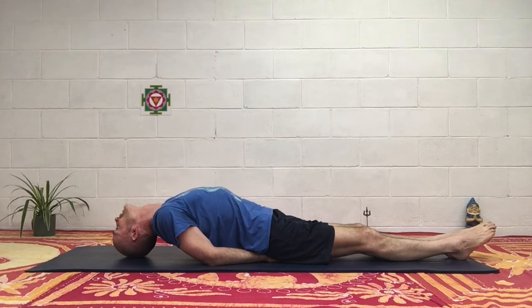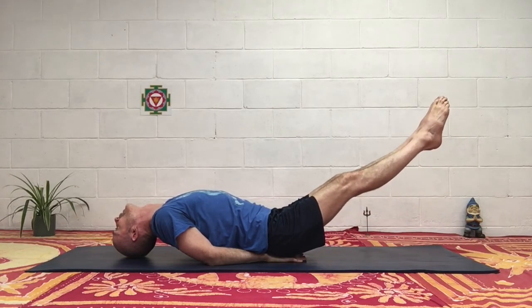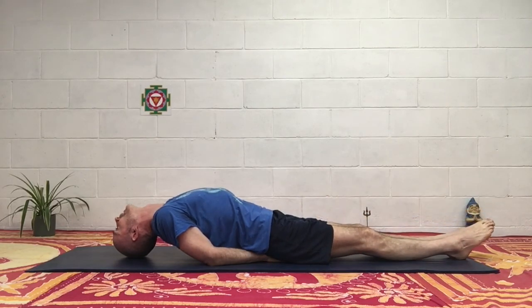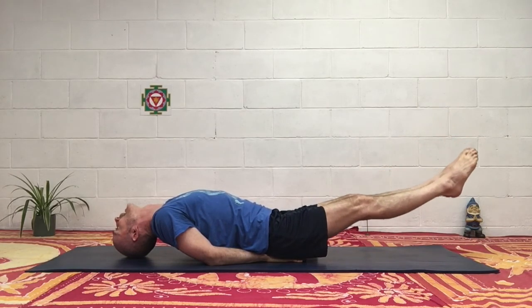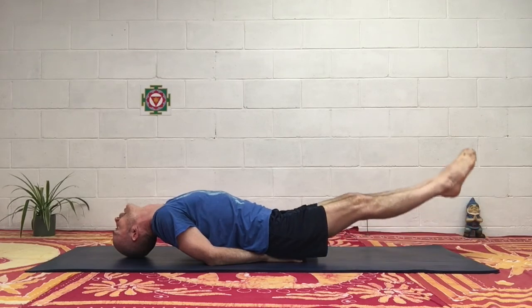Okay, let's add some interesting variations to the fish. The first one, not neglecting the head and that arching of the spine. Feet together, legs straight, raising the legs all the way up and coming back down. Again, up. Toes extended, coming back down. Again, up